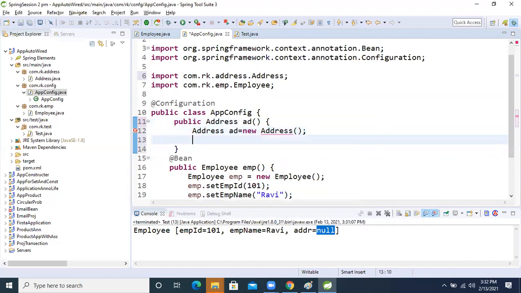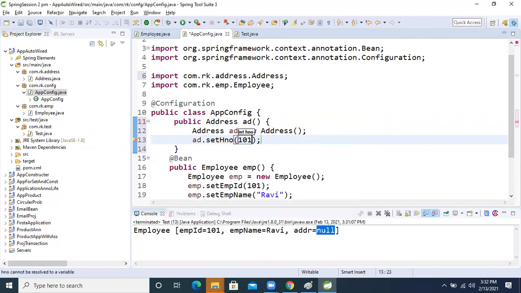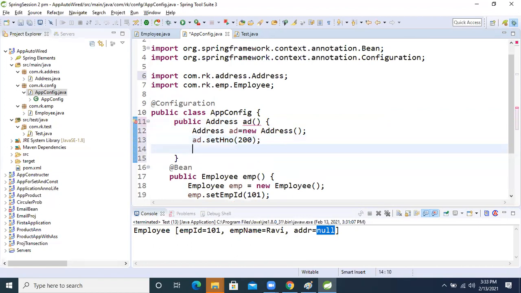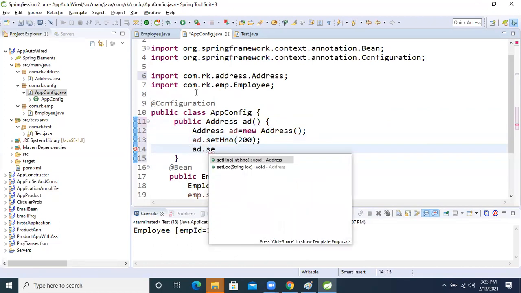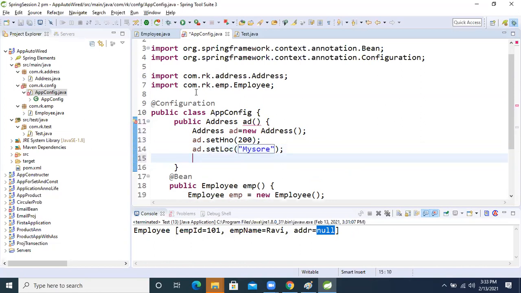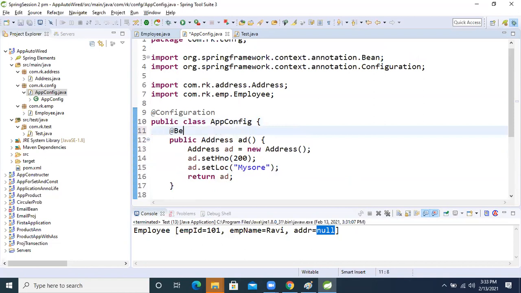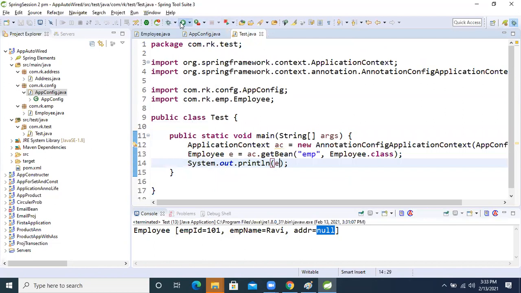Inside that, ad.setHomeNumber 1202, just taking 2020. Then ad.setLocation, Mysore. Then we will return this ad object only. If we want to make this method a bean, we will apply the Bean annotation. Now run it again and we will get the total result.